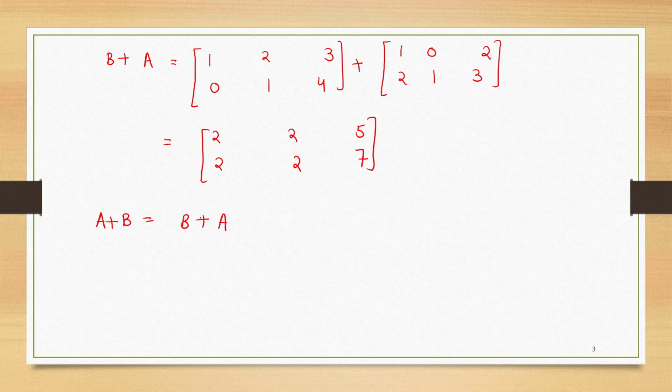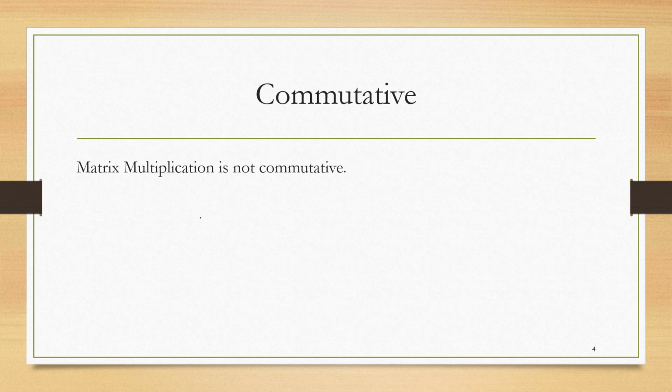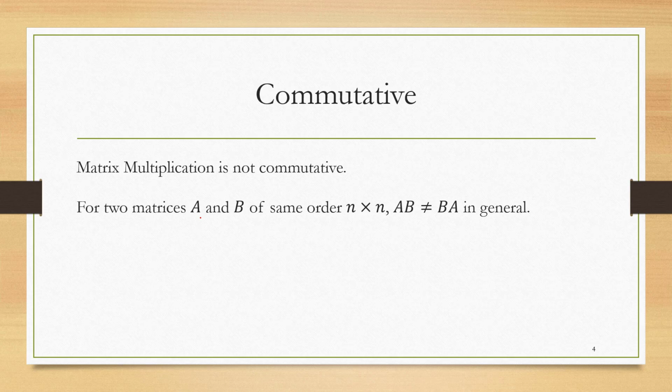Now let's discuss the same commutative property for matrix multiplication. So matrix multiplication in general is not commutative. That means for a few matrices, in particular if you take both the matrices diagonal matrices, you can observe that AB is always equal to BA. But in general, this is not the case. AB is equal to BA in general is not true.